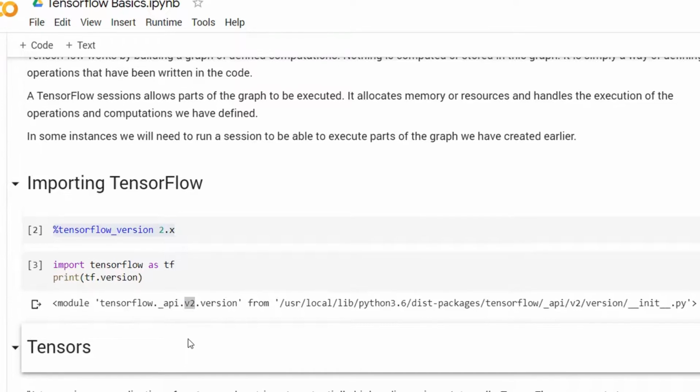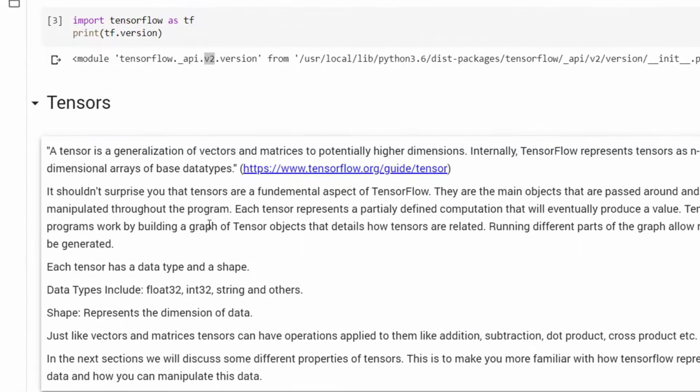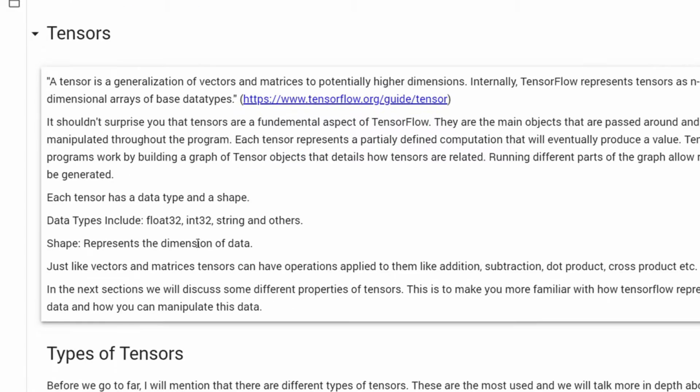Now what are tensors? A tensor is actually a vector or a matrix which can be of higher dimensions. Internally, TensorFlow represents tensors as n-dimensional arrays of base data types. Now there are different data types which can be used for a tensor.